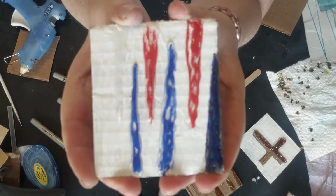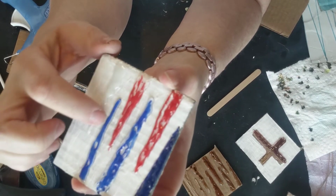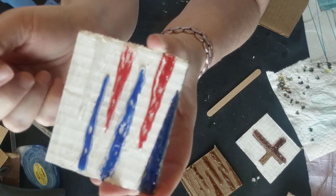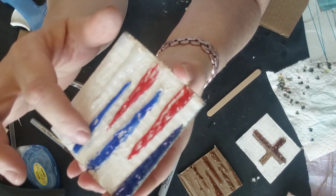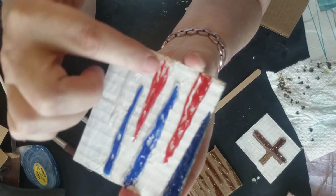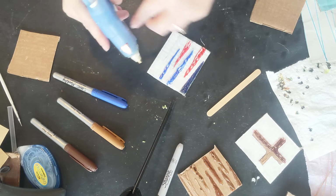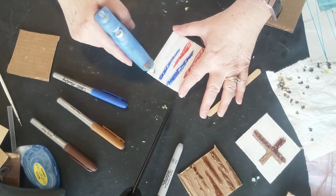I hope it's focusing okay. So you'll see that it has the little divots and the holes in it, and I thought with this one, it would be fun to fill with some orange and some yellow, and that would make it look like a big flame. When you do the triangles like this, you also get that really nice zigzag pattern in between. I left this one blank right now, and I'm going to grab my hot glue gun, or hot blue gun if you ask my grandson, and show you how easy it is just to go in